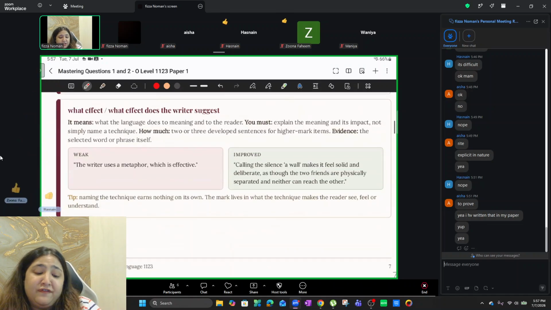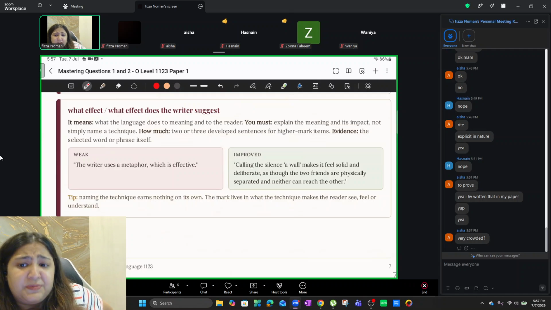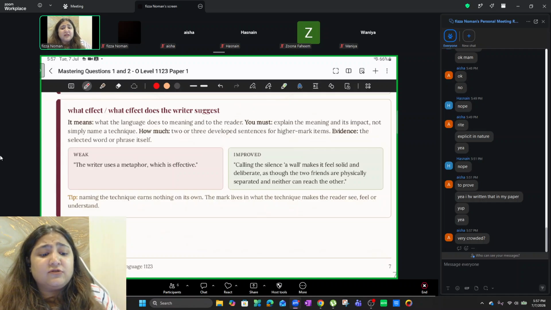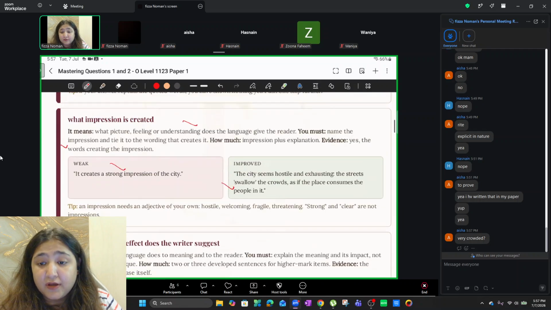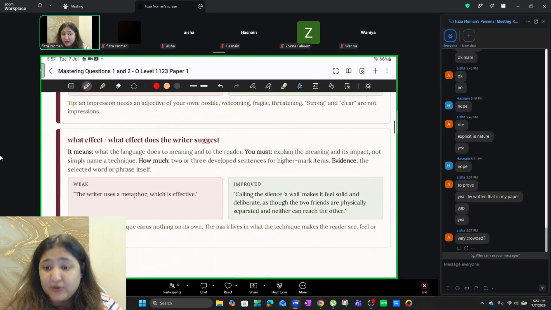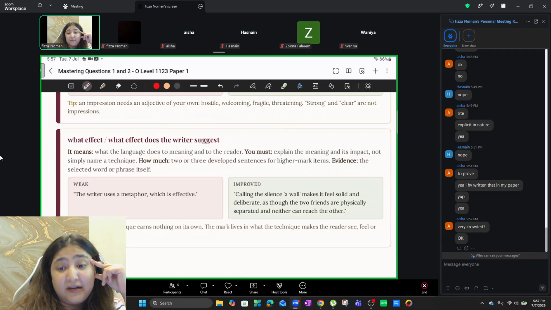What effect does the writer create? You could say that in a manner of speaking depending on context. But this was just to show you that word level analysis is important when it comes to the impression questions. And this is exactly why you get stuck in writer's effect or use of language. Use of language, or question 2, is basically built around this idea.